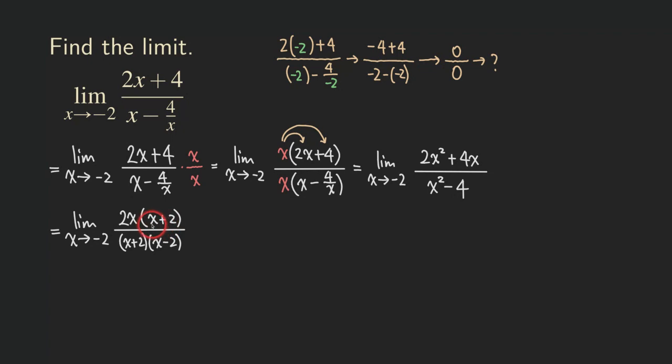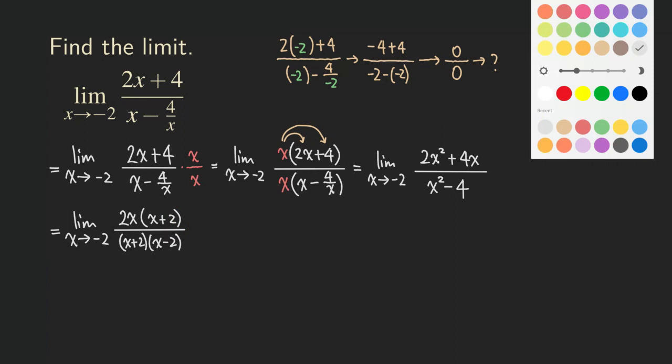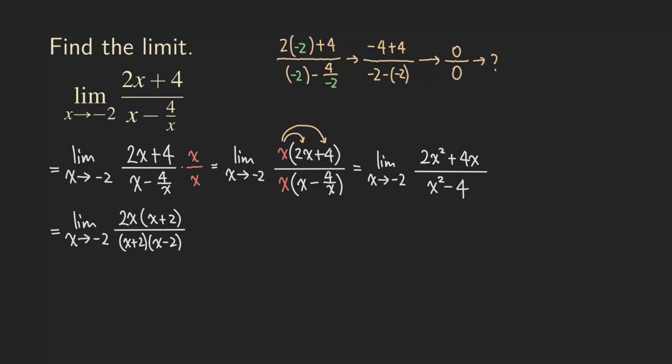we can see that there was an x plus 2 at the top and an x plus 2 at the bottom. And when x is approaching negative 2, that x plus 2, both factors, are approaching 0. And it's really just those factors that are causing the form of 0 over 0. Now, what we can do is to cancel them, because when x is approaching negative 2, we are actually not getting an actual 0. It's just the number is approaching 0. So we can cancel them. We can divide the top and the bottom by the non-zero number. And so if we do that,